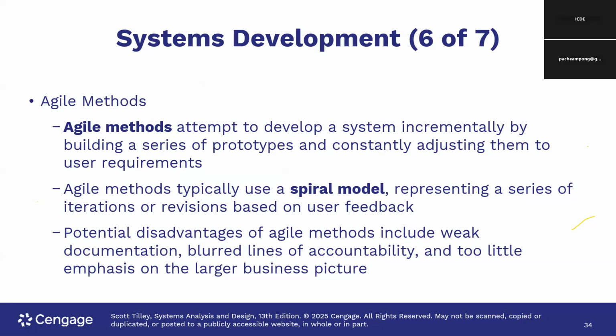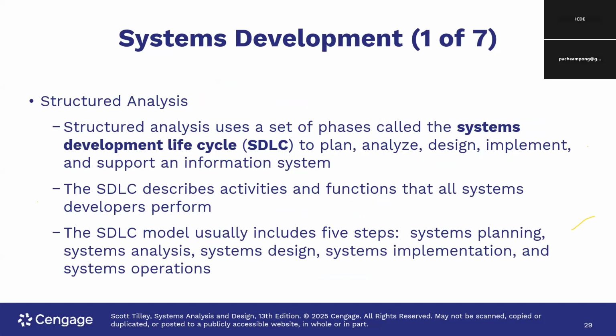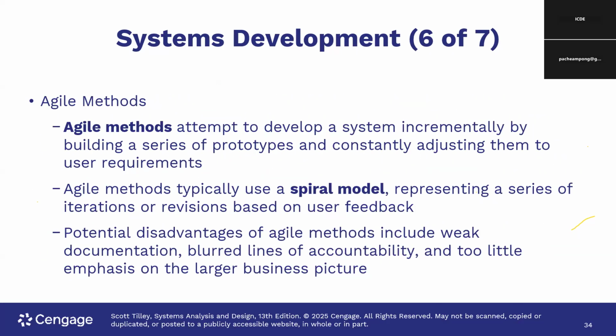Okay. The Agile methodology also has different methodologies under it. The Agile methodology attempts to develop a system incrementally by building a series of prototypes and then constantly adjusting them. So for the Agile methodology, when you use the spiral model, you don't have to go all the way to the top to start everything all over again like the old model. So like I said, when I give you the assignments, you read about them and then see why each of them matters and why we are using them for what projects.